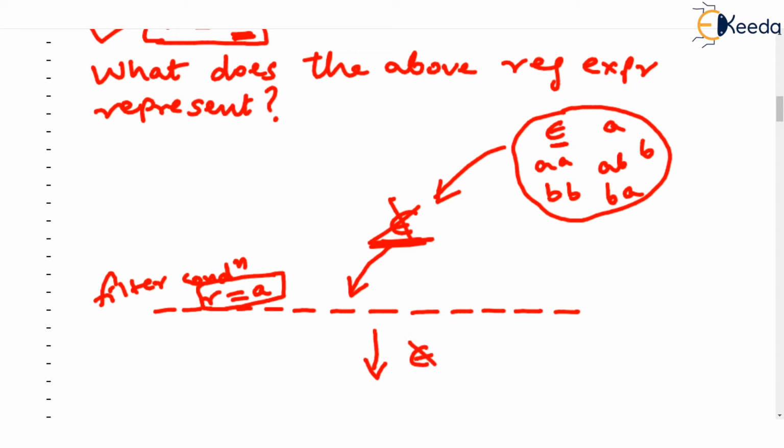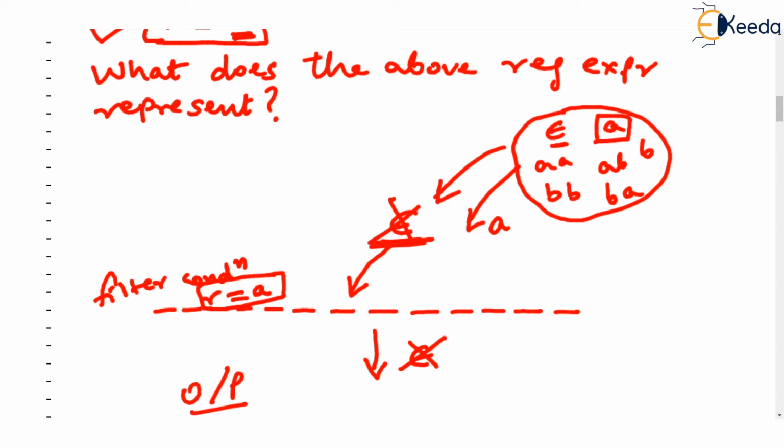Epsilon is not filtered out. So here is our output. At the bottom of the filter, we have the output, and epsilon doesn't pass through the filter. Let's put A on this filter. See this string A, I am marking it here in the set.